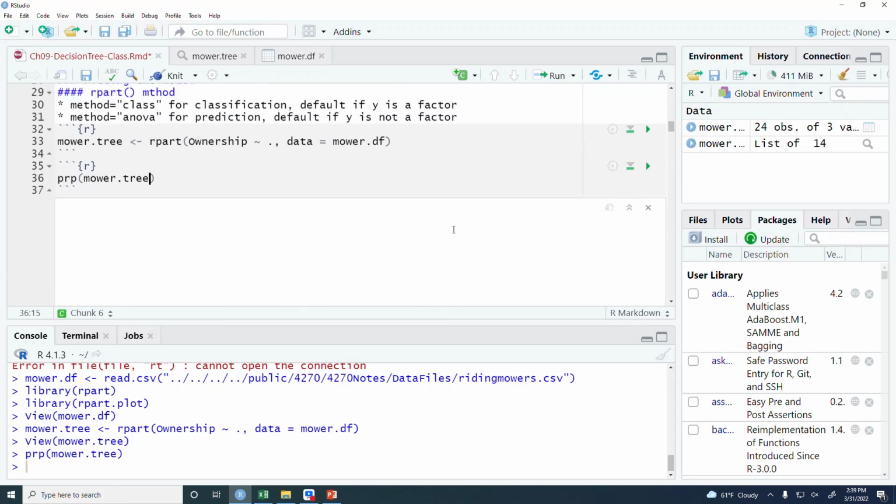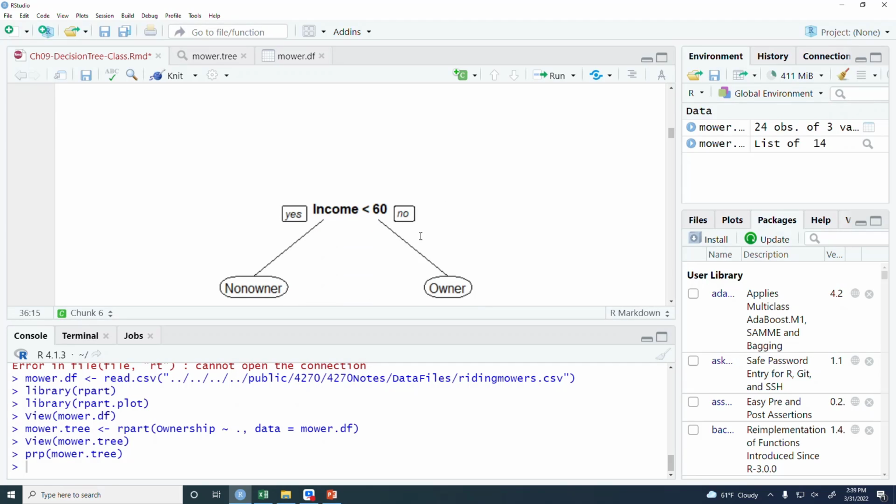Okay. Now, of course, we are now letting R use all the defaults. We have not set anything. We say, okay, do a tree and then print it. Okay. So then you get this, and you don't get a whole lot of information. Okay. So now, what if we want to control how the tree is generated? Okay. So I'm going to